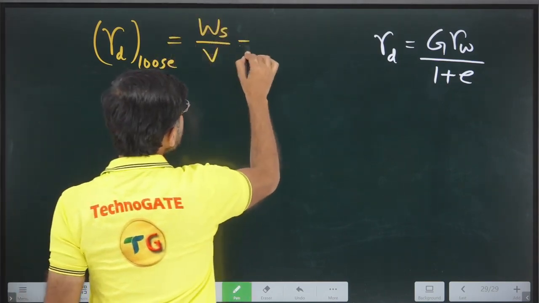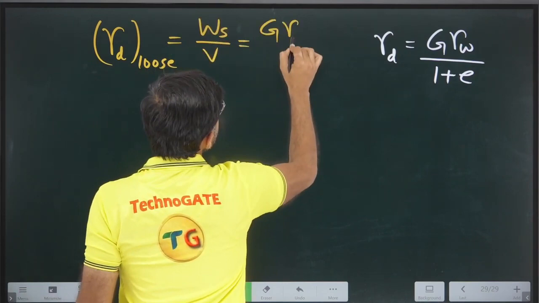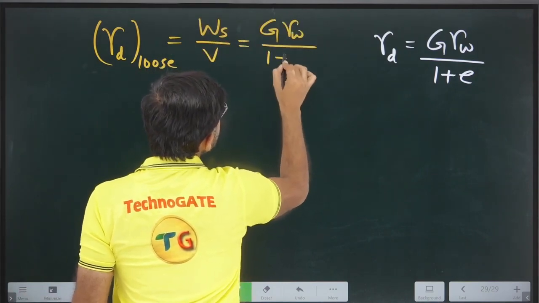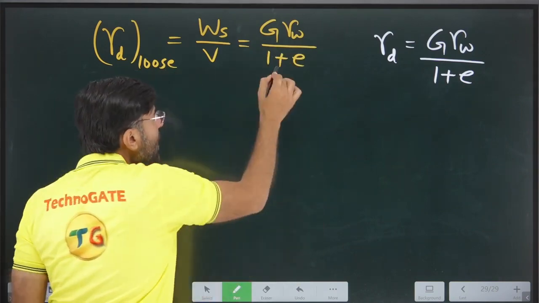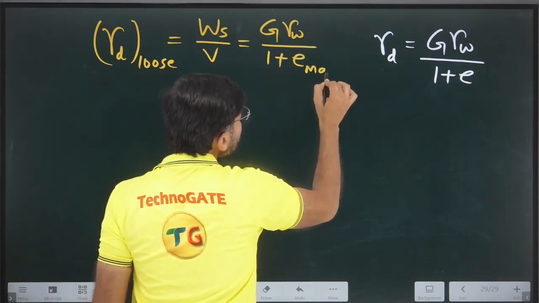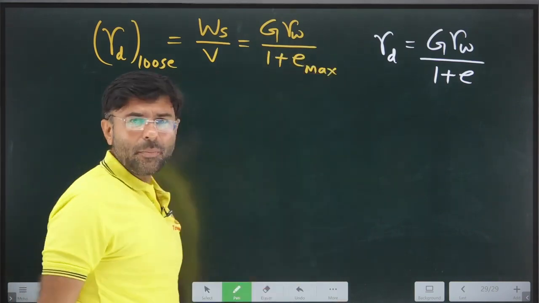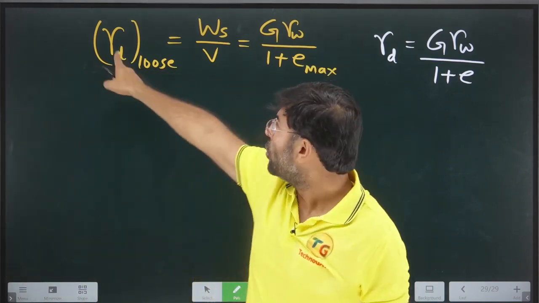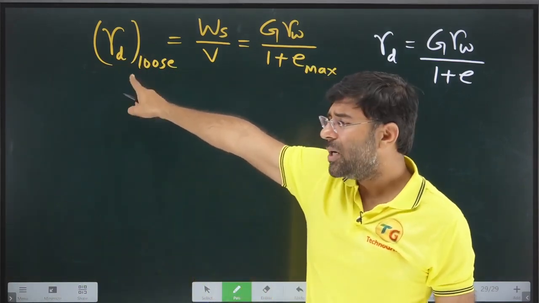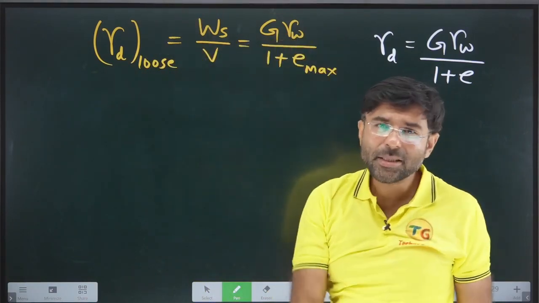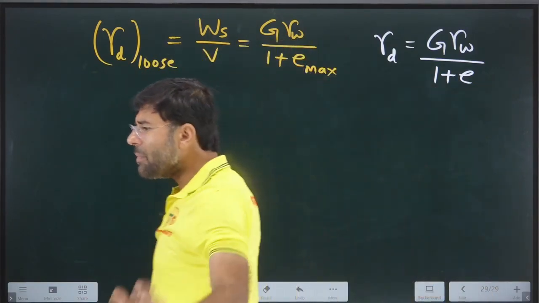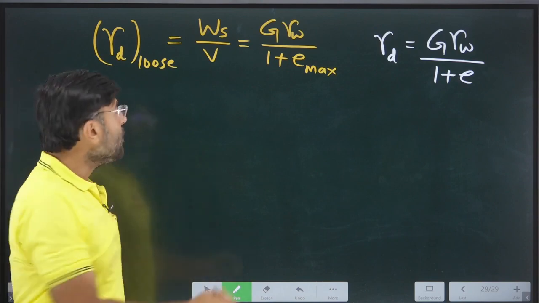Can I equate this term with G gamma W upon 1 plus E? And what will be the void ratio in this case? Can I say the void ratio will be maximum under this condition? The soil was loose. The soil was filled in the container in a loose state. So when the soil is in a loose condition, can I say the void ratio will be maximum? So from this expression,